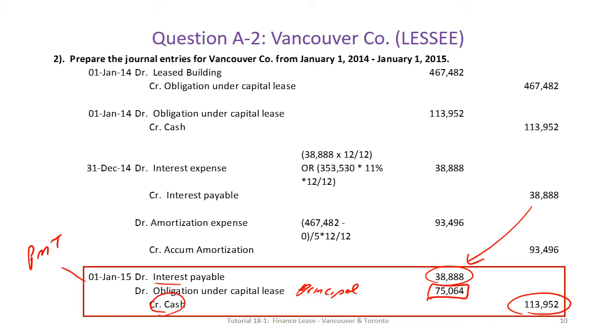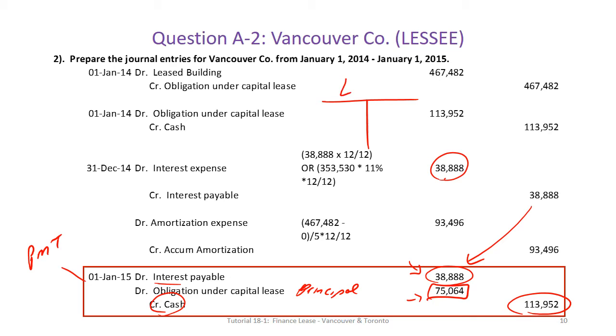Okay. You can tell from these journal entries here that it's not necessary to prepare an amortization schedule, right? These numbers, you can go back to the amortization schedule and see the 75,064 and the interest, but it's not necessary. So unless you're asked to prepare an amortization schedule, you could probably save yourself a lot of time and don't bother, but make sure that you understand the calculation of the interest expense as being the balance in the